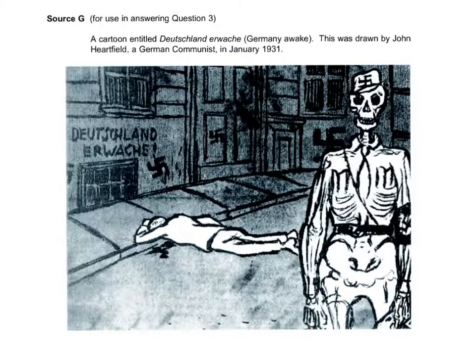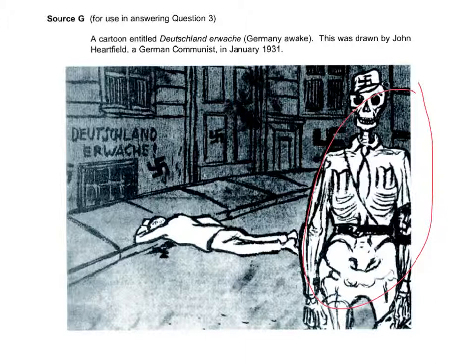This is feedback on the question set for homework May half term, question 3B from the 2011 Germany paper. The question is based around this particular source, and we talked before the holiday about the source. So in the foreground we have this guy here, who clearly is designed to be a brown shirt, a Nazi